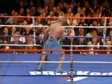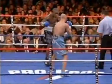At this point, you can tell, though, Smith is starting to feel a sense of urgency as we get ready for the 10th and final